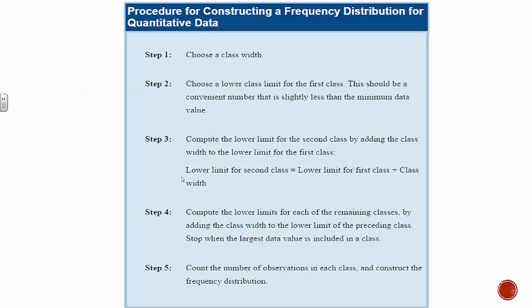All right, so if you're constructing your own frequency distribution, and again, we're going to do this in class, but